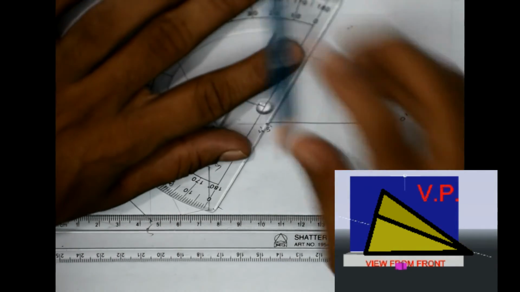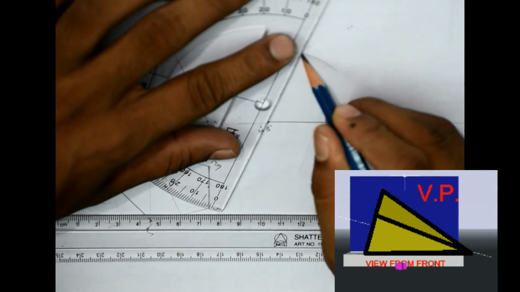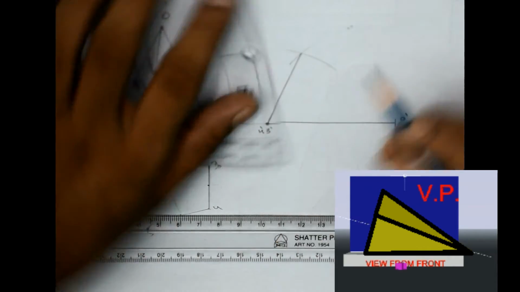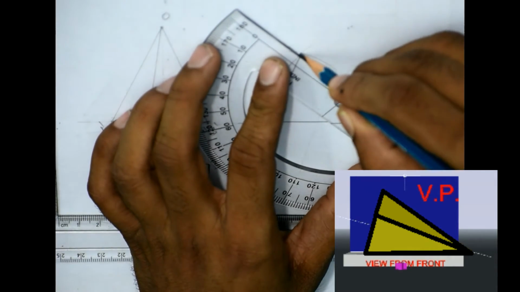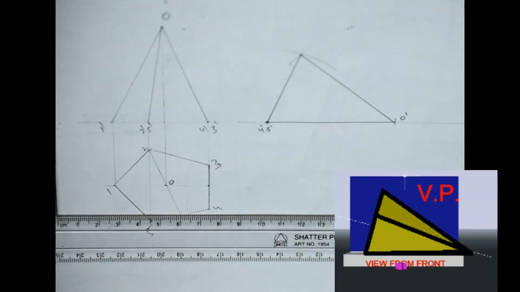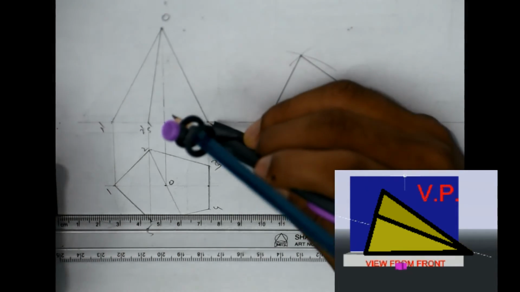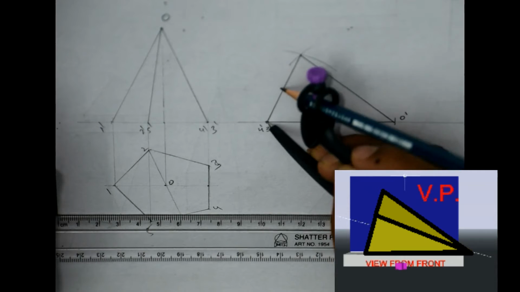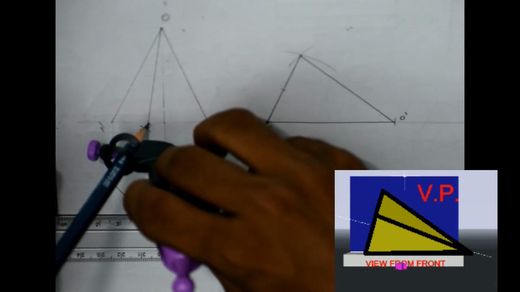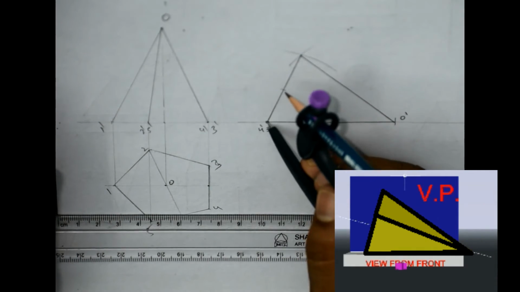By joining these two, we'll get our required front view. Only one thing is missing here, the axis line and one more corner, which we can easily mark from this. The axis line is this distance away, and the 2 and 5th point is on this line.